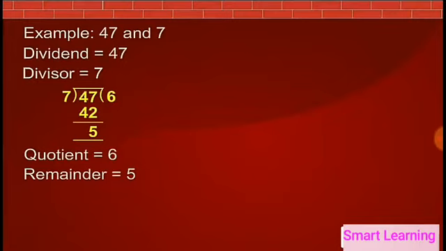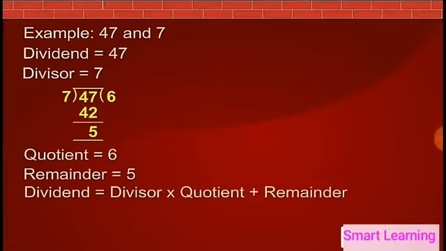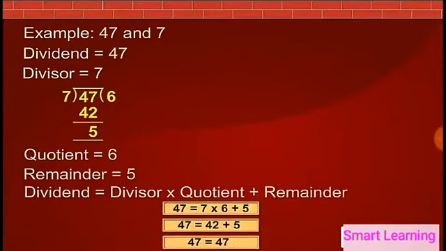We have learnt in the previous classes that dividend is equal to divisor into quotient plus remainder. We can check this by putting in the values. 7 into 6 plus 5 is indeed equal to dividend 47. And also, we have learnt that the remainder is always smaller than the divisor and is greater than or equal